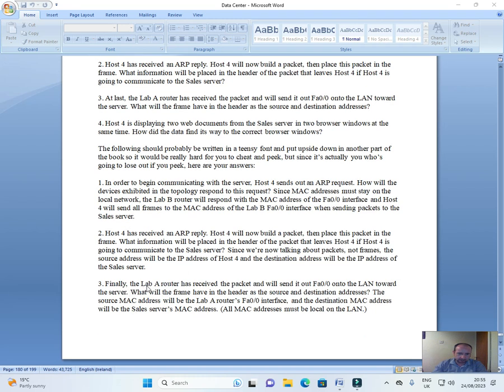3. Finally, the lab A router has received the packet and will send it out FA0/0 onto the LAN toward the server. What will the frame have in the header as the source and destination address? The source MAC address will be the lab A router's FA0/0 interface and the destination MAC address will be the sales server's MAC address. All MAC addresses must be